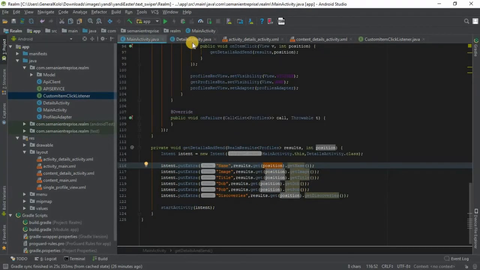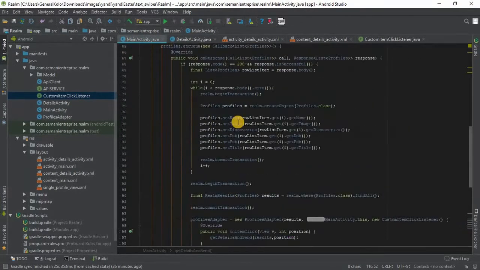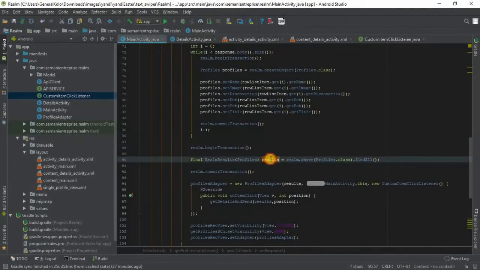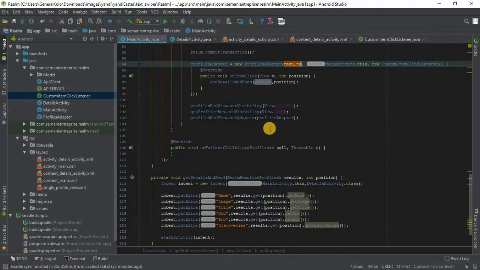And then once that is done, we have been able to get the details from the MySQL server, store it in our Realm database, pass a reference of our Realm into our profile adapter, and then once the user clicks on any of the rows, we are able to send it to